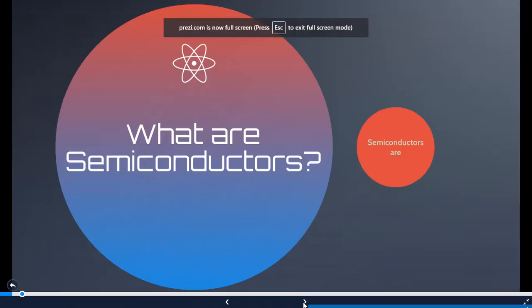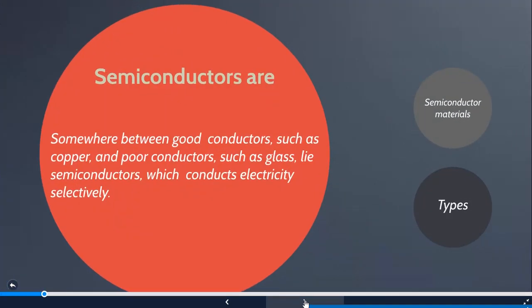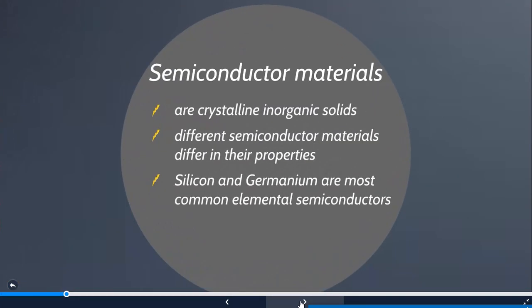Now, what are the different types of semiconductors we have? Of course, we have P-type and N-type. But what are the best materials in the semiconductors we have? Semiconductors are always in between. They are actually not very good conductors, and they are not even poor conductors. They are in between good and poor conductors. Good conductors, for example, copper. Poor conductors like glass. So they just lie between copper and glass. We just call them semiconductors.